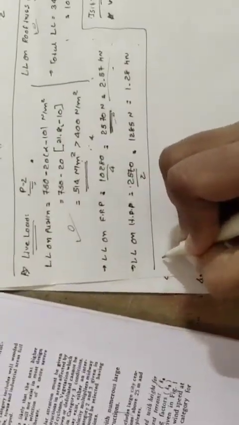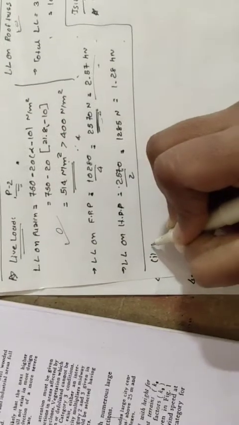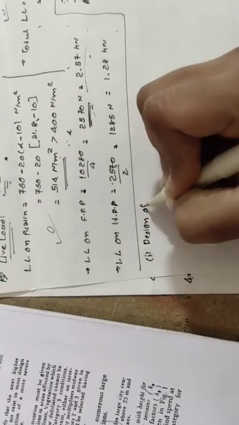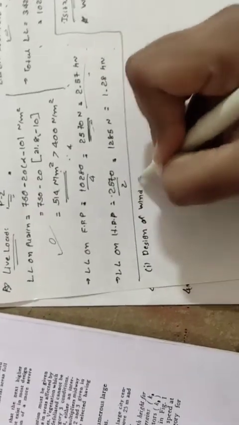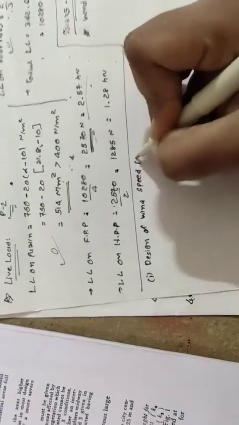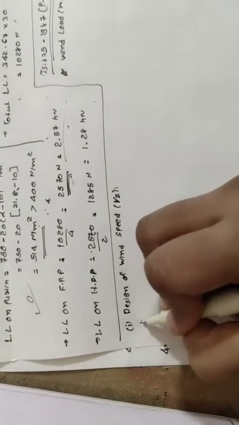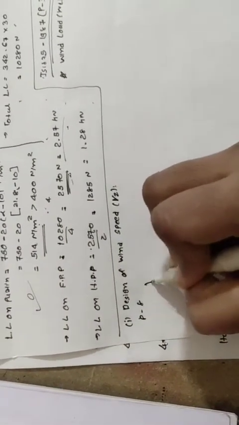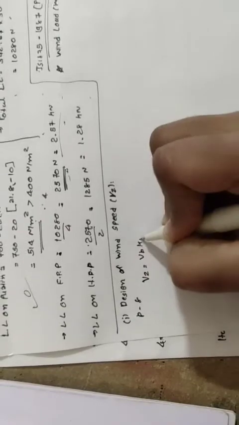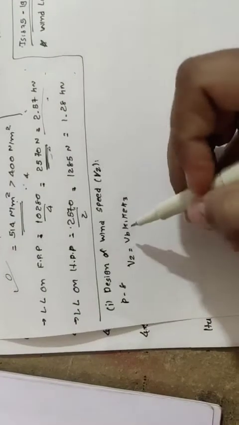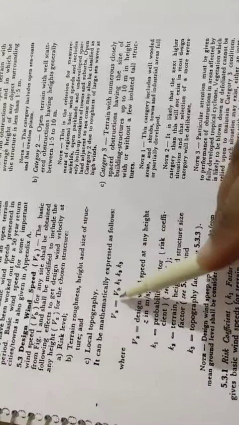So here, first, the equation is for the design wind speed, which is known as Vz, right? For that, on page number 8, the equation is Vz equals Vb, K1, K2 and K3. So what is the meaning of Vb, K1, K2 and K3? Here we explain all these factors as given in this code.